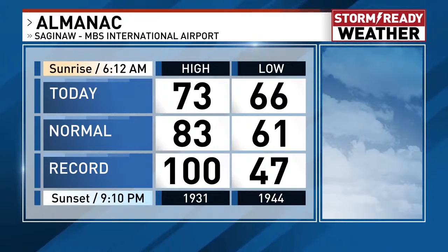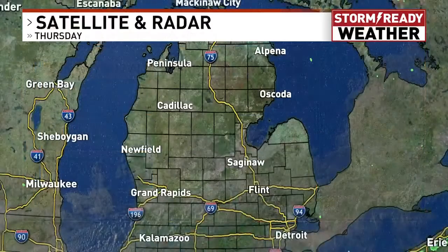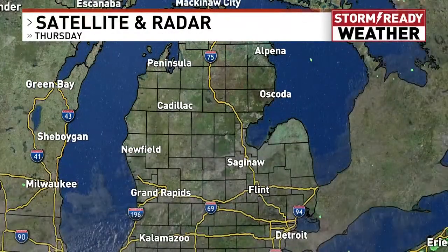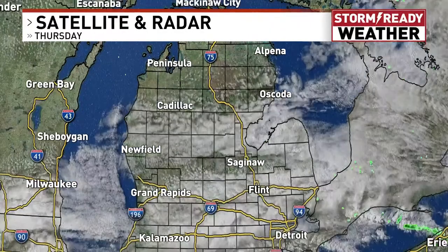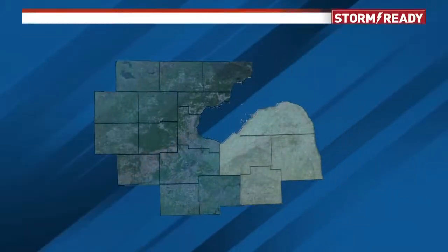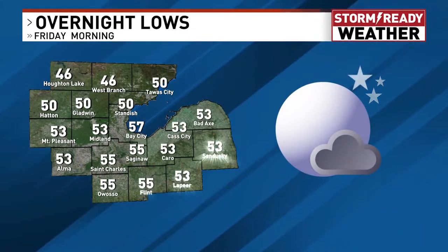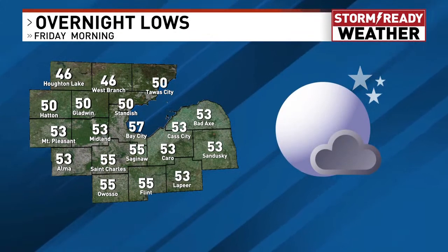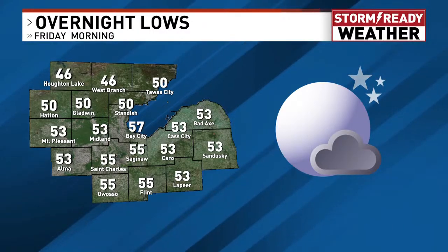Today's high temperature, 73 degrees in Saginaw. Normal is 83, so it was definitely chillier. But we started off the day on the muggy and warm side. We are now starting to see those clouds funneling on out off to the south and east, and they're also falling apart, which is going to give us a fairly clear overnight. Mostly clear skies to completely clear by tomorrow morning,